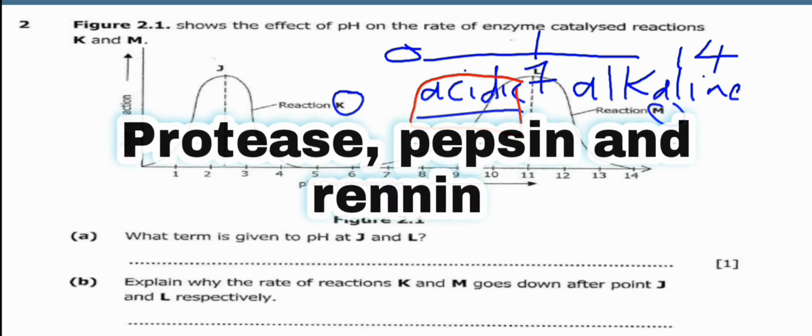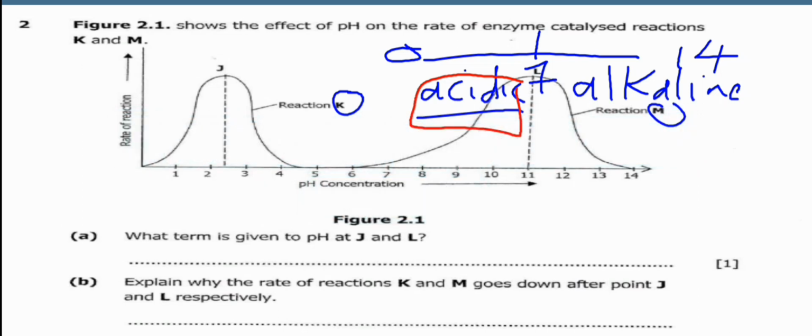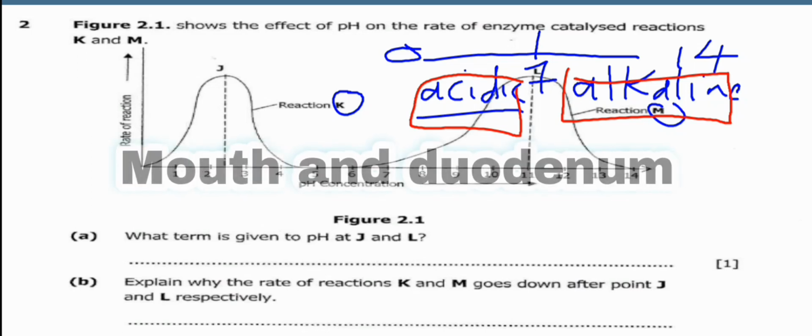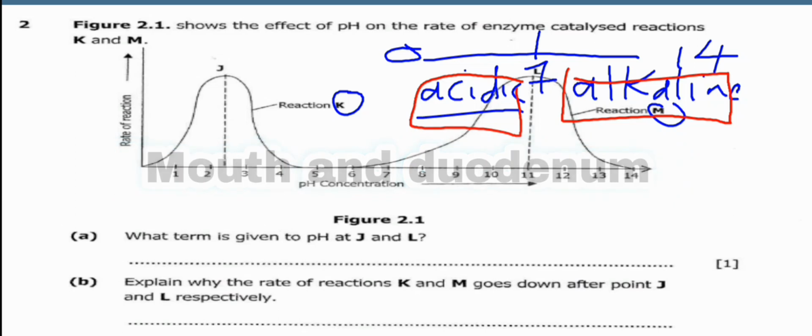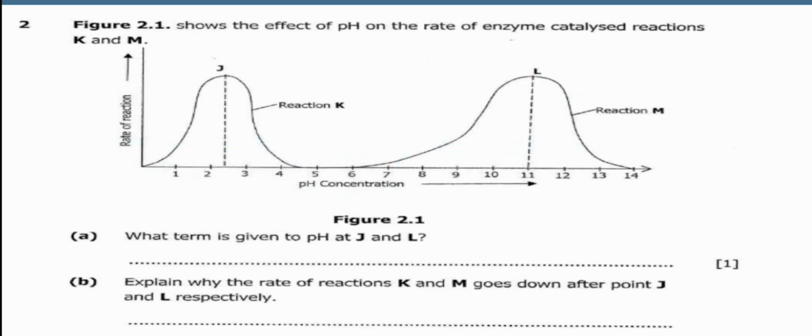and those things. Apart from that, let me also give you an example of a region in the alimentary canal where you are going to find the alkaline region. That region is going to be the duodenum. In the duodenum, all the enzymes that catalyze reactions work under alkalinity. So as you can see, this graph here is increasing starting from 0 up to this point here,